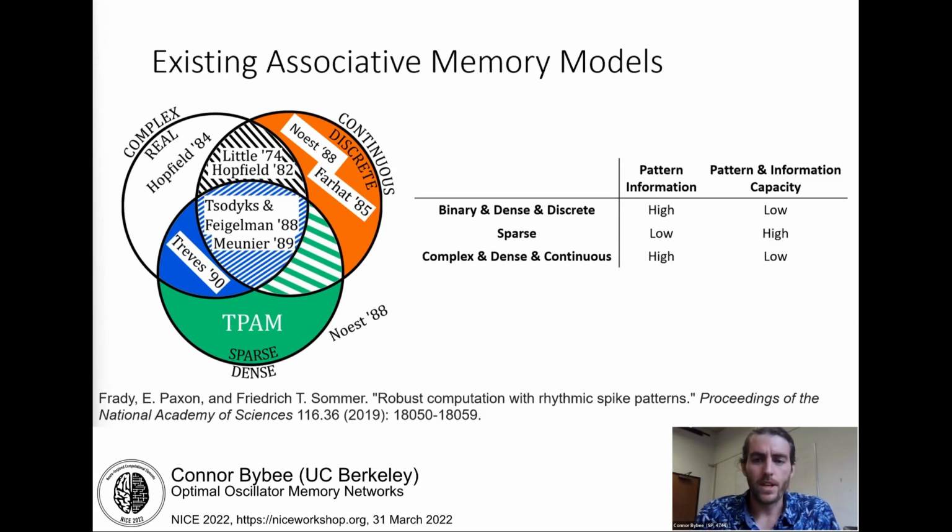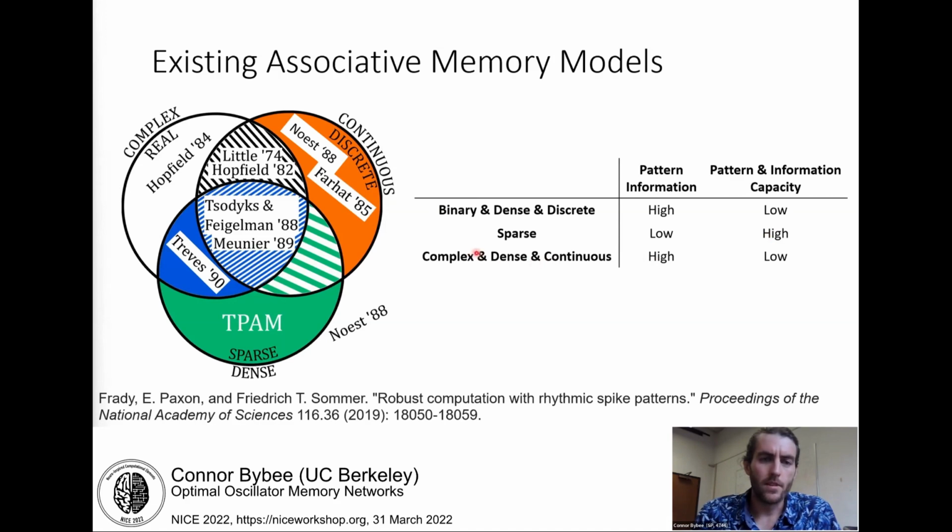The dense Hopfield network has a relatively high pattern entropy, or information per pattern, but it has a relatively low pattern capacity and information capacity. That is, the number of patterns that can be stored in the network is relatively low, and therefore the total information per synapse is relatively low. Sparse patterns, on the other hand, have a relatively low entropy per pattern, being sparse, but the network allows for a large number of these patterns and a high information capacity.